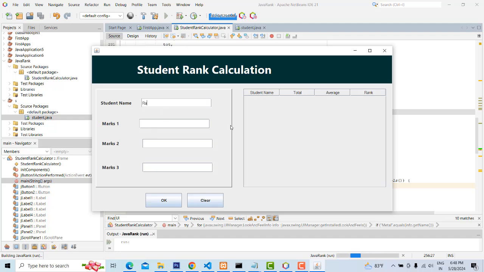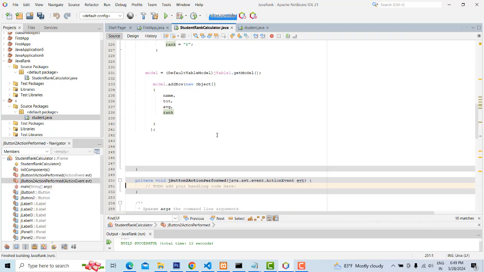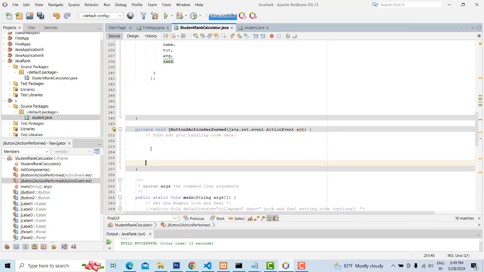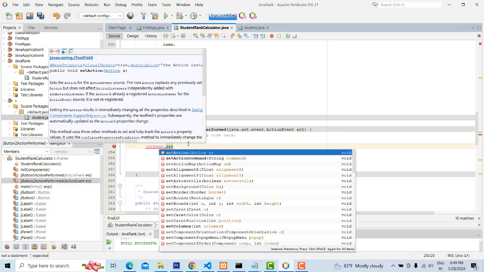Here student name Ravi, marks 54, 65, 5, click OK button, and here it should appear. It's working. Now I am going to click the clear button. Here also we have to clear once we add the record. So how to clear? txt name dot set text